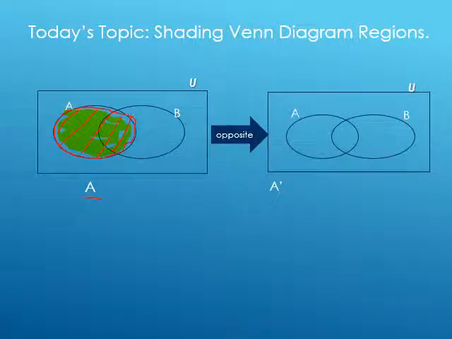Opposite of A. And you know that opposite of A means that A complement, not A. So we are going to shade outside A. And circle B means set B is also not the part of A, and we are not considering this part because we are considering just the set not of A. So shade the area what is not included in A.